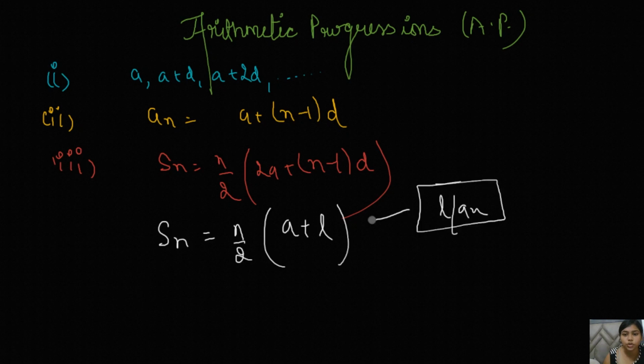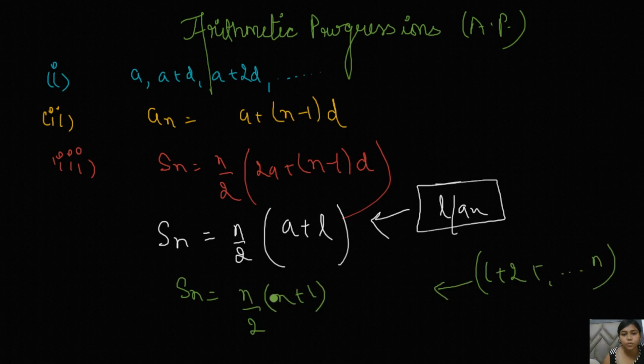And our last formula for this particular thing is your Sn when the given AP is like this, for the first n terms. In this case, this will be your sum. I hope this is clear to you. These are the formulas that you have to remember in this chapter. So just read that chapter out. If in case of any doubts and queries, you can just let us know by commenting.